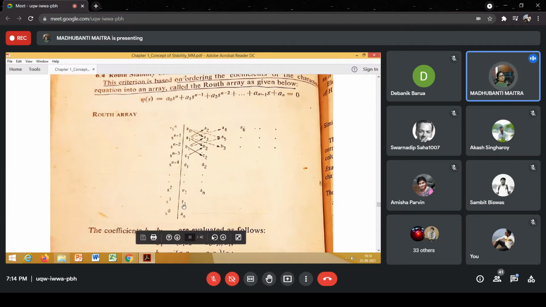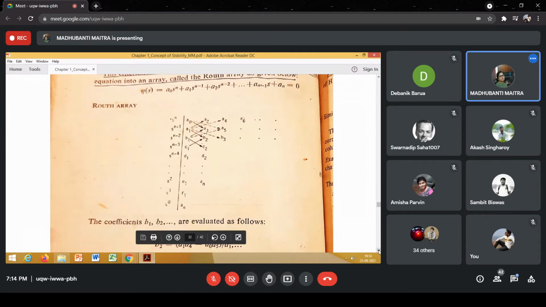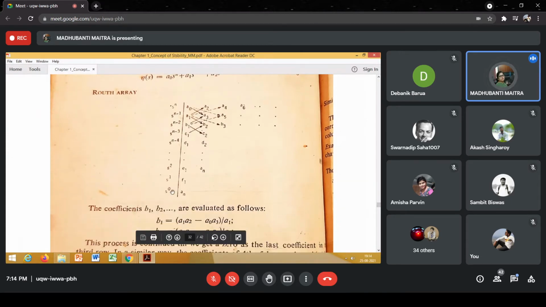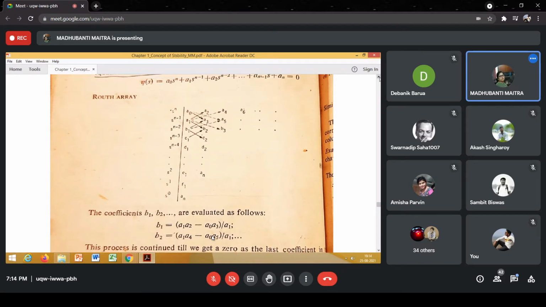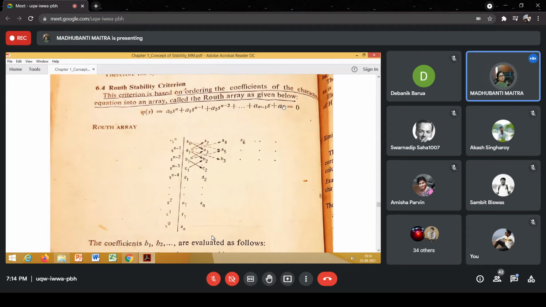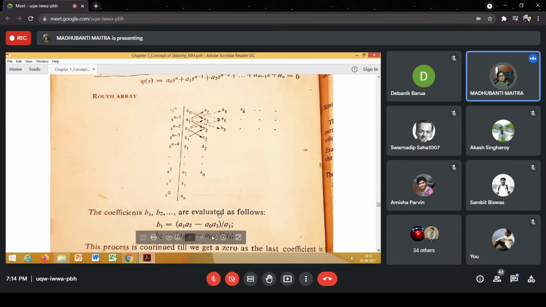Now in this row, we'll get one single term. Why? Okay, we'll find that. I will solve some example, and s to the power 0, if you apply the same logic, then s to the power 0 should contain a term which is an. That means an is basically the coefficient of the term s to the power 0. And we'll see, yes, indeed, s to the power 0, this particular row will contain a single term which is an, and we can compute that as well.